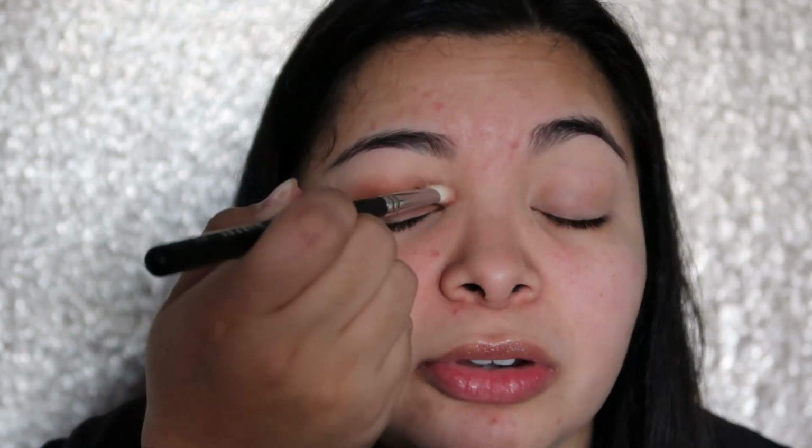So what I'm doing is I'm just patting it down just like this onto my eyelid, and I'm just going in with the same colors but just adding more and just applying it, like patting it, so that way the colors can get on my eyelid. And I'm just putting it on my crease, so just right here on my crease. And now I'm just gonna go into little windshield motions to blend it out, because you don't want to be going out in public and your eyeshadow is not blended, because that is not cute. So this is what it looks like,